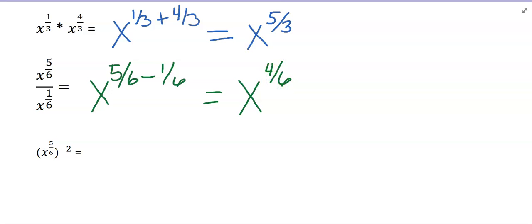The only thing left to do now is to simplify that ratio. 4 over 6, they both have a common factor of 2, so that would leave me with 2/3. So x to the 2/3 is your answer there. And then the last one,